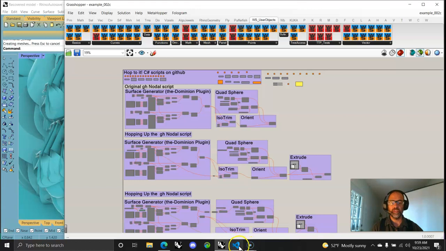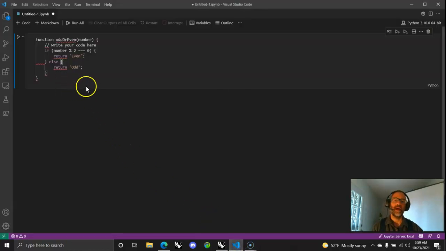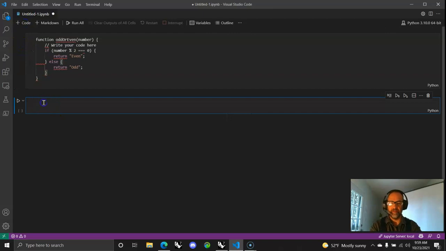But I just recently was granted GitHub Copilot. So I don't have to worry about going to anything anymore. I mean, this is like nuts. What if I just want a function? I don't even know what function it is going to recommend that I do. Odd or even is the one that comes up. Let's do